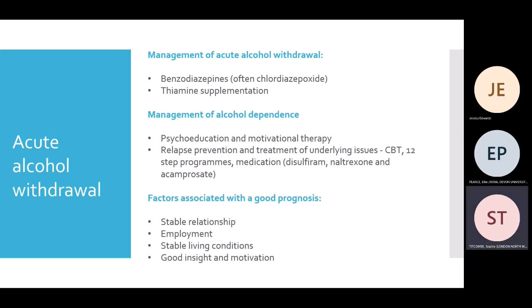It's also really important when somebody has been admitted to hospital and is undergoing alcohol withdrawal that we think about giving them thiamine supplementation. So this is also known as Pabrinex and is the bright yellow stuff that you'll see hanging up in the drip bags. And this is because patients who drink excessively are at high risk of thiamine deficiency. And if that goes unnoticed and untreated, then that's when you can start to develop things such as Wernicke's or Korsakoff's, which obviously we want to prevent.